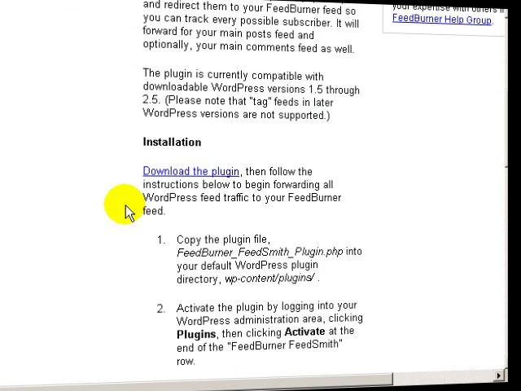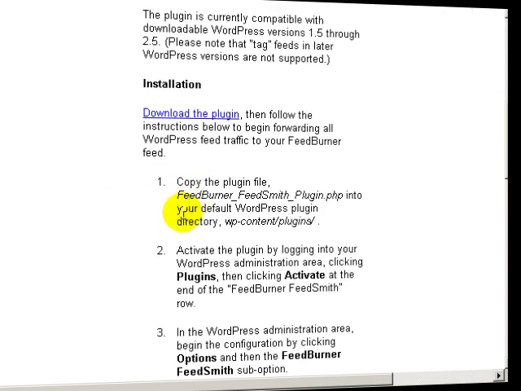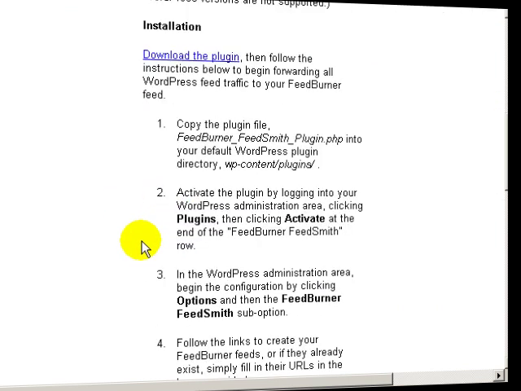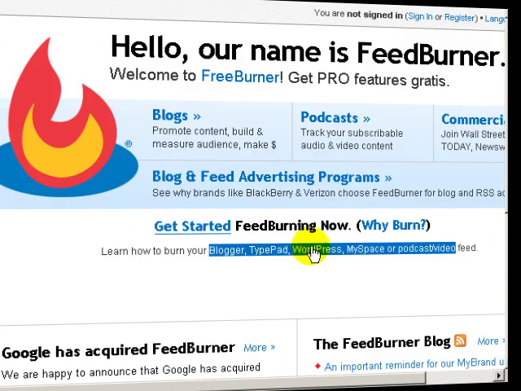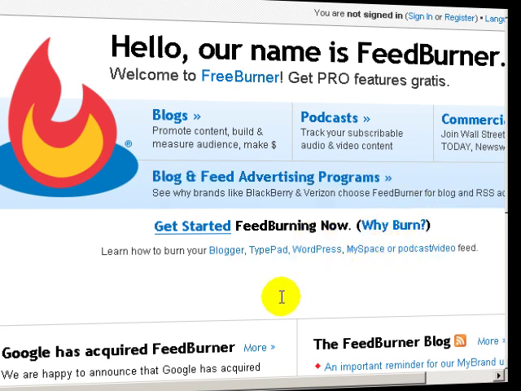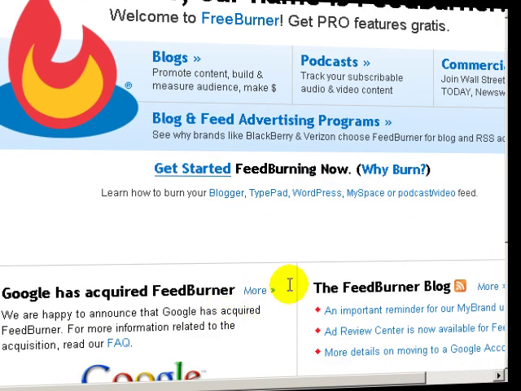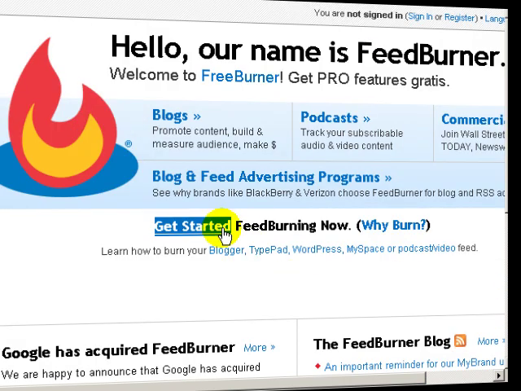And basically, Feedburner provides a plugin which you can just activate with WordPress, and if you don't know how to do that, I can do that in a minute here. Now, if I go to Feedburner, Feedburner is basically a way to track your statistics and track your subscribers through your feed. So if you click on Get Started,